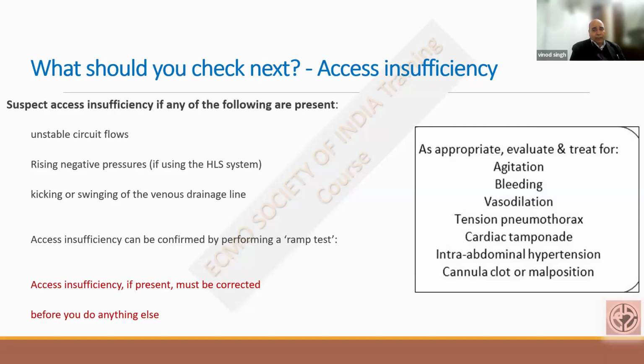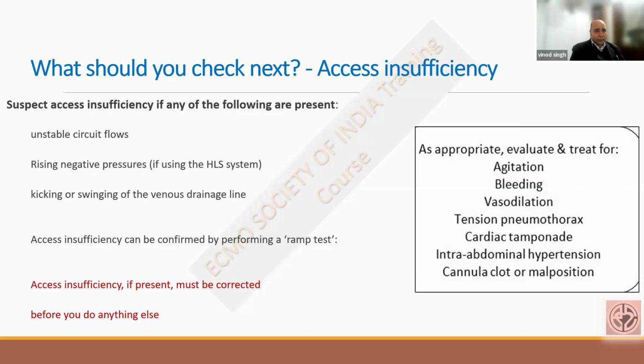So there can be many causes. The patient is agitating, the patient has a bleed and hypotension, vasodilatation, tension pneumothorax, cardiac tamponade, intra-abdominal hypertension, and there can be a cannula clot and malposition. So again, a combination of patient factor and a machine factor. You have to notice whether there is a clot